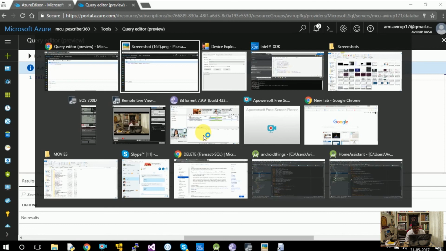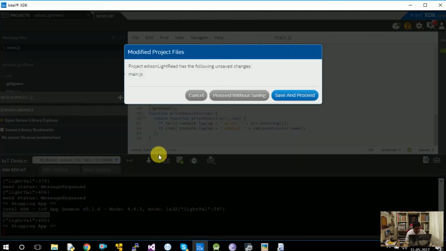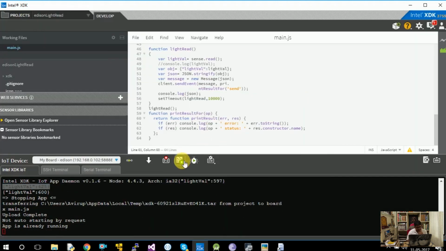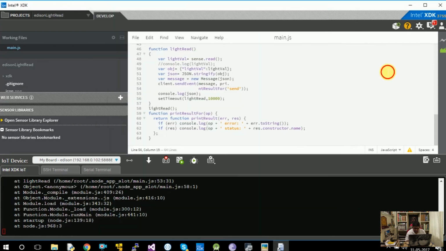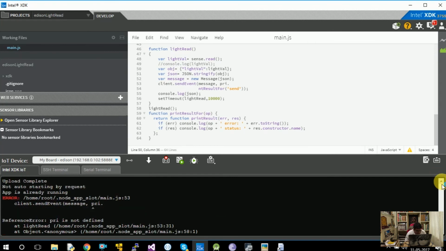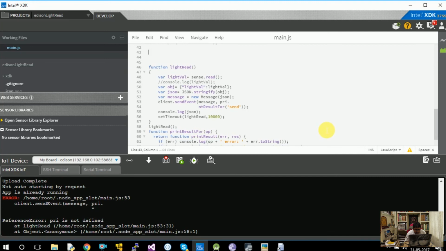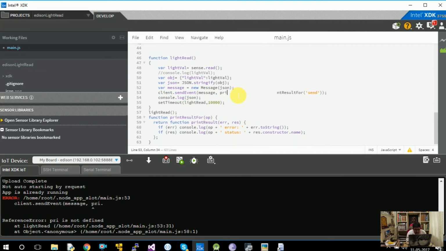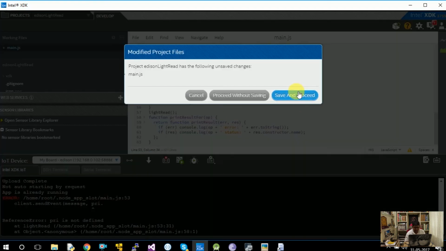So let me just start the program. It is already uploaded, so I'll just start it. So the app is already running. Let me see whether I receive any kind of data or not. Okay, I got an error. I don't know why I got this error. Client.send event. Oh, okay, so this is the reason. This was a stray dot somewhere in the program. Okay, anyway,